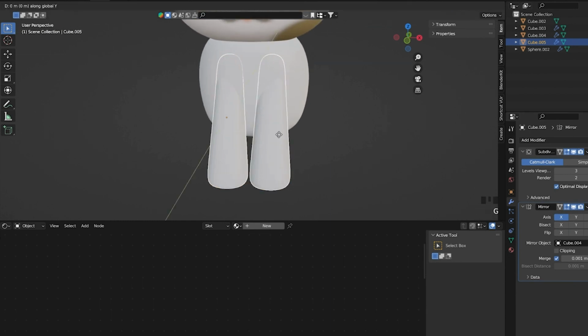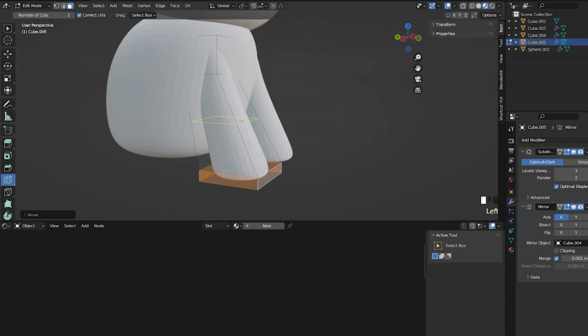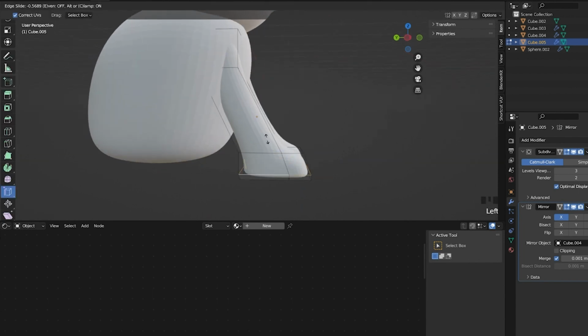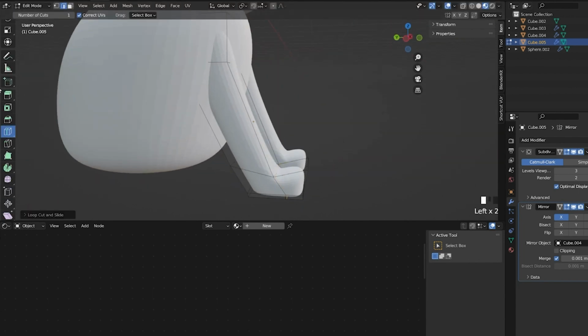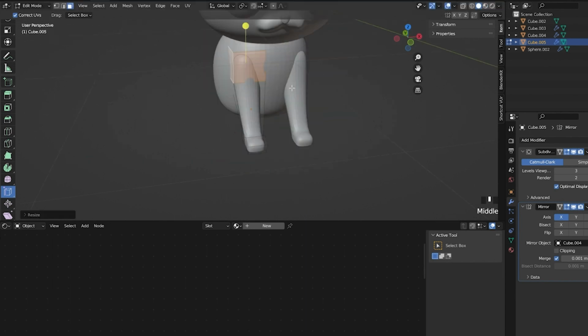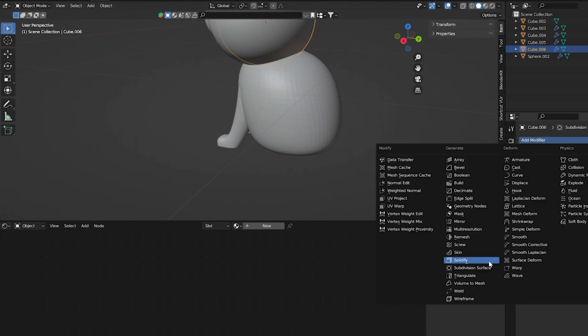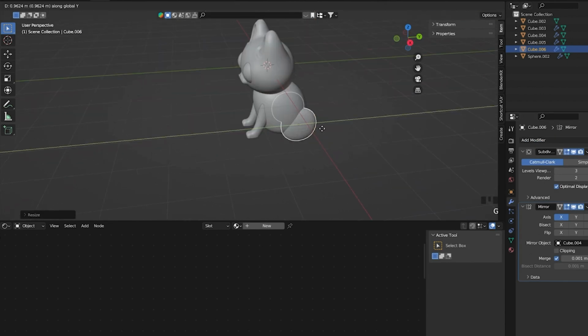And then start by making the arms. Basically just repeat the same steps of adding cubes and adding subdivisions, and you can always adjust the scale and the shape of the paw and also the arms. Add another one for the legs,